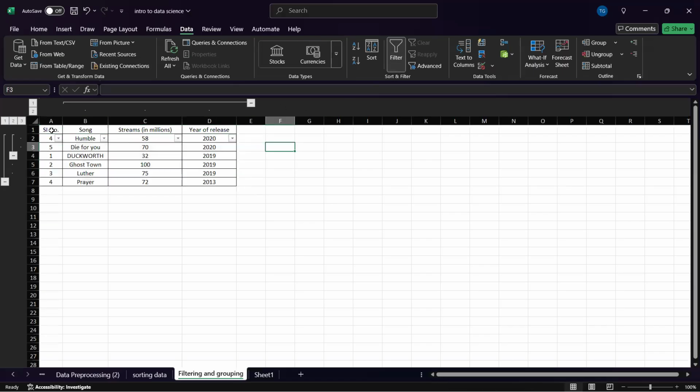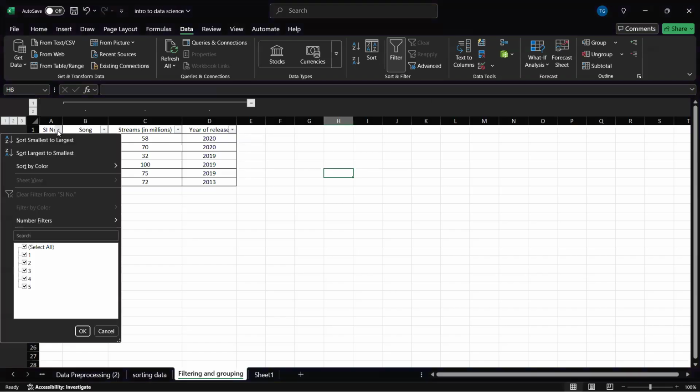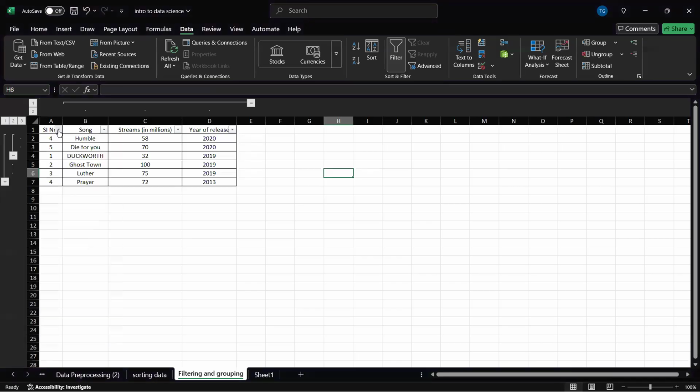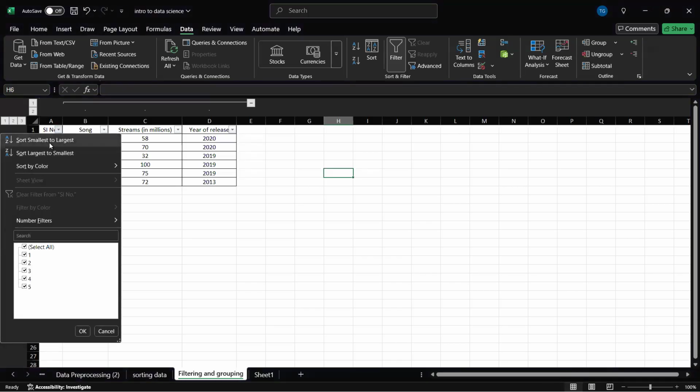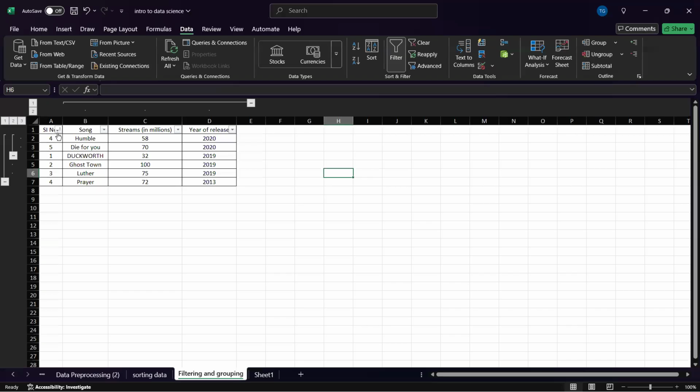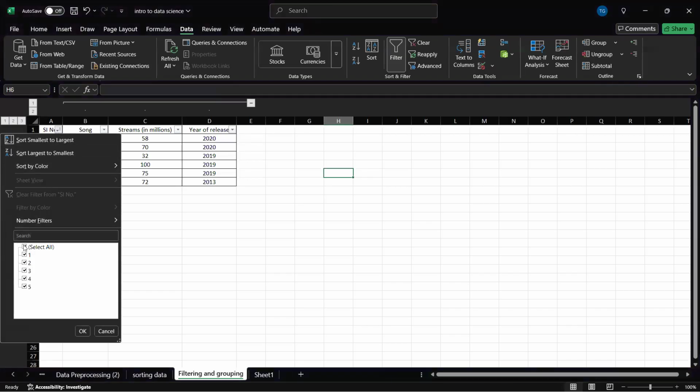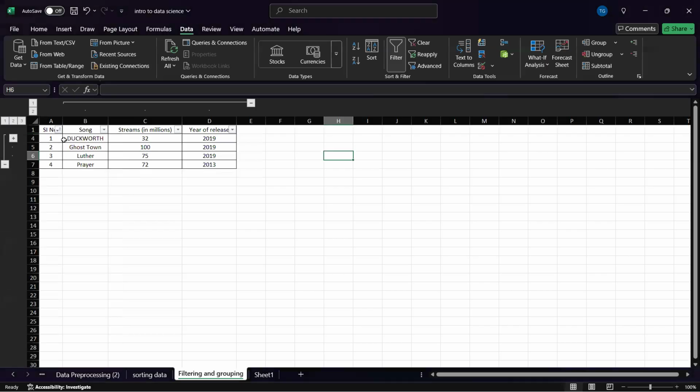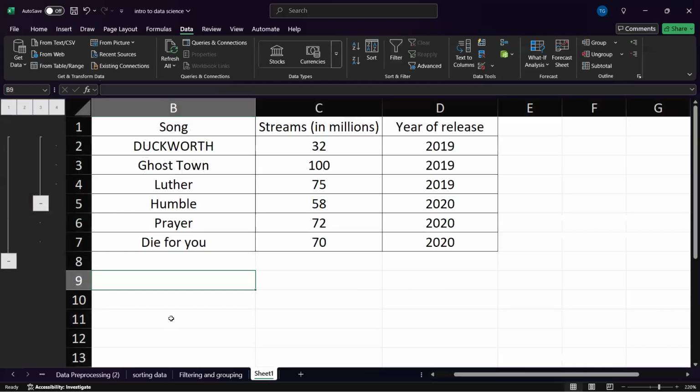Now I have selected all of this, the entire table. With the filter button, there is a drop down option on the serial number column: sort smallest to largest. Sort smallest to largest. Yes.